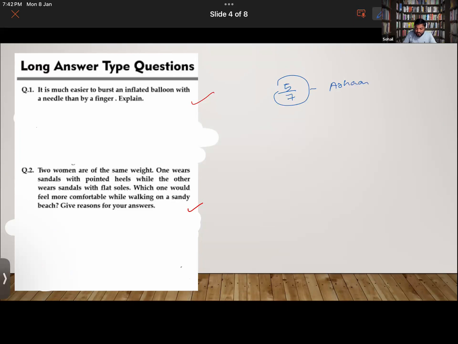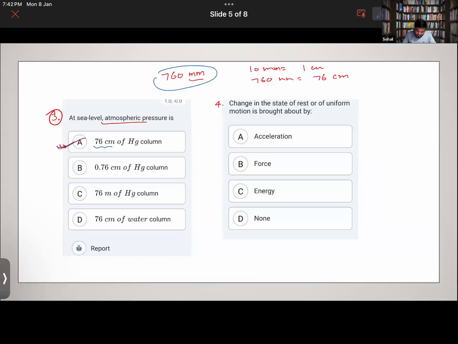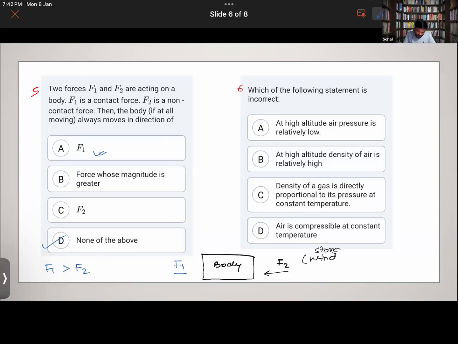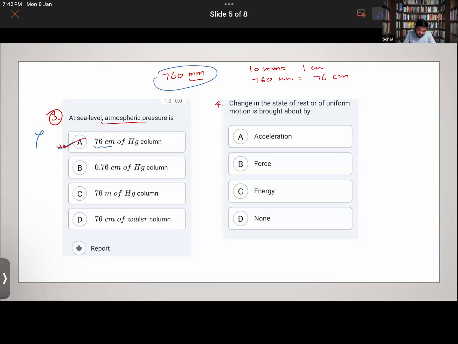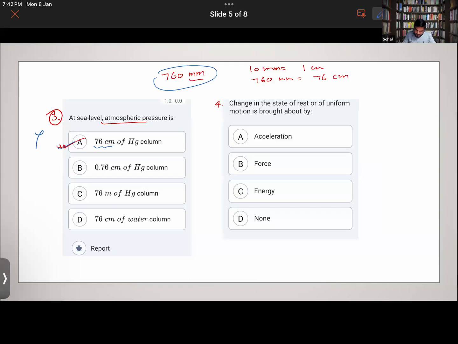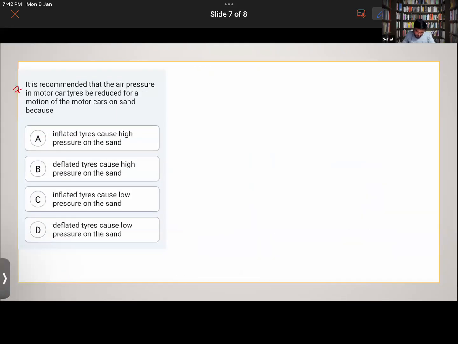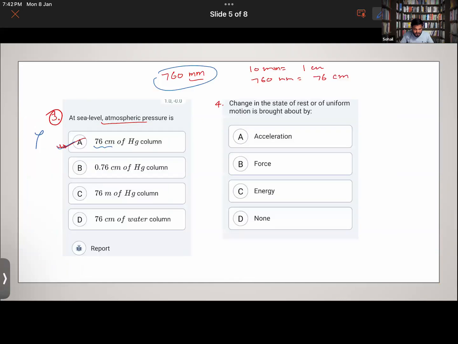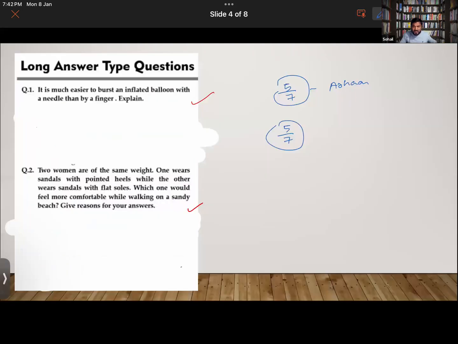Now Moaz, I think this one was wrong, and this one was also wrong. Basically, you missed question number 3, so you also got the same marks. Now let me check again. Question number 7, I hope it was simple. It was a very simple question. Basically, we have to make observations. All the questions are easy.